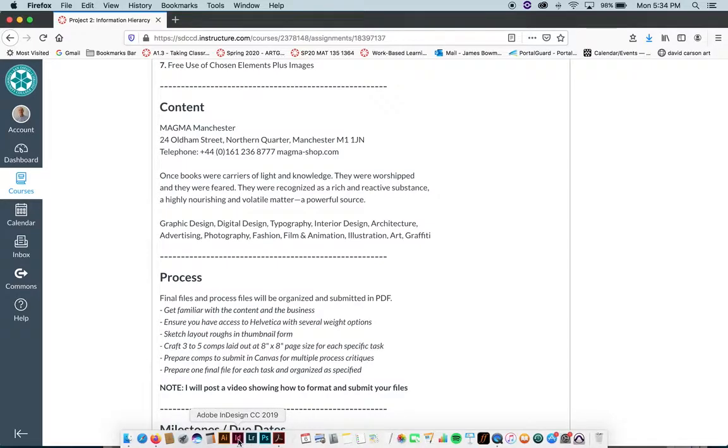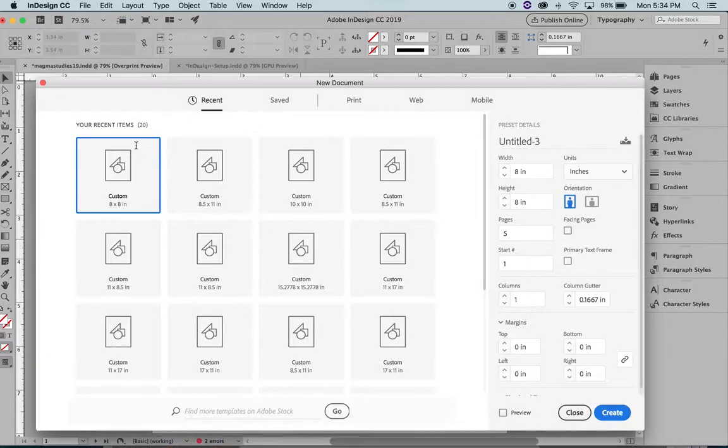And then I'm going to go to InDesign, and I'm going to go to File, New. I'm going to create a new document here, and I'm going to make my 8x8 document. And I'm going to go ahead and put 5 pages in there. The way I would do this is I would have each task as a separate InDesign document. That's just an easy way to keep it organized. So this is going to be task 1, okay? And I know that I'm going to do 3 to 5,